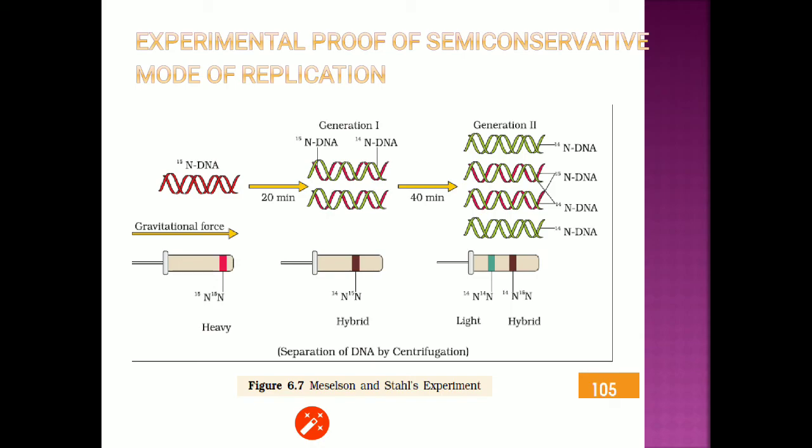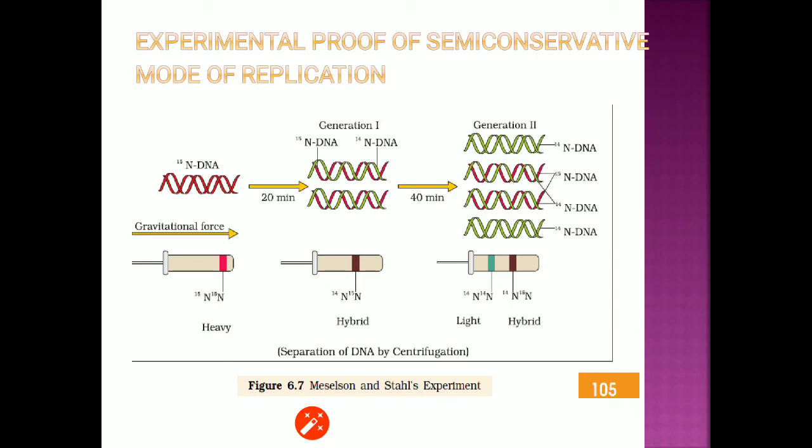And then from the first offspring generation, when we isolate the hybrid DNA on the cesium chloride density gradient scale, we get a band a little towards the upper side because the molecular weight has been reduced now. Then again, when we proceed with the experiment for the next 20 minutes, what will happen? Both strands of the hybrid molecule will get separated. Now the source is only 14N. So on the 14N strand there will be synthesis of 14N again, and on the 15N strand, again there will be formation of 14N.